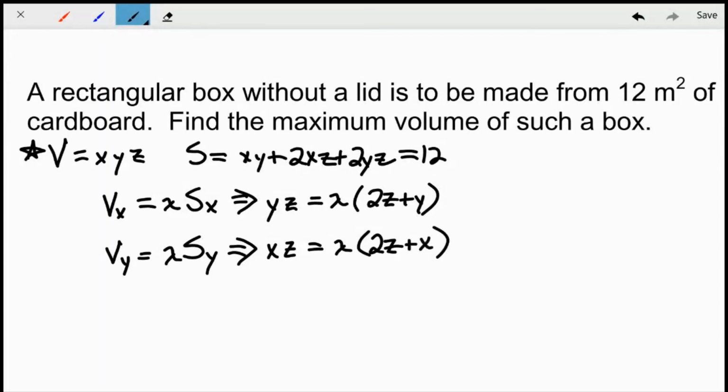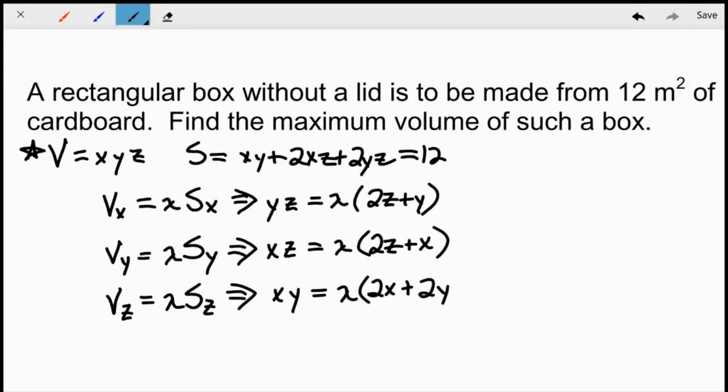I rearranged a little bit there just to keep this consistent. Now same thing with the third partial derivative, the third component of the gradient. What we have here is lambda times the z partial of the constraint function. So again, when I do that, I'm going to get xy equals lambda times